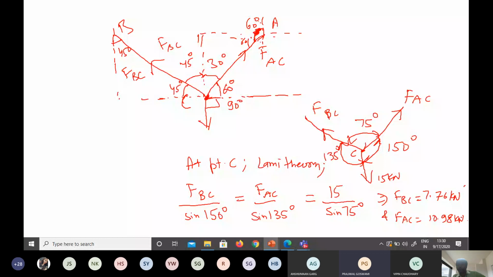But remember, you have to write the values up to 3 decimal places. Let's say if it is 10.98 or something like that, you have to write it up to 3 decimal places, not leave it up to 2. So is this problem clear to you, how you have to solve problems of this type? If you have 3 forces here, this is how you have to calculate it. Now I am coming to the next problem. See the next problem.